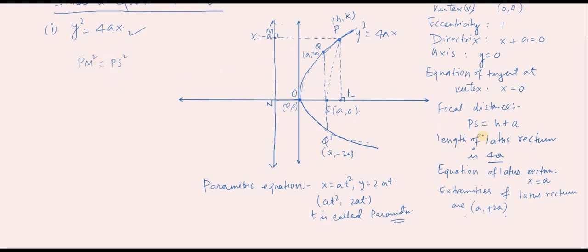PM we have already found, and that is equal to h plus a, so (h plus a) square is equal to PS square. Now find the value of PS with the help of the distance formula, which is (h minus a) square plus k square, and if you simplify this equation, we have